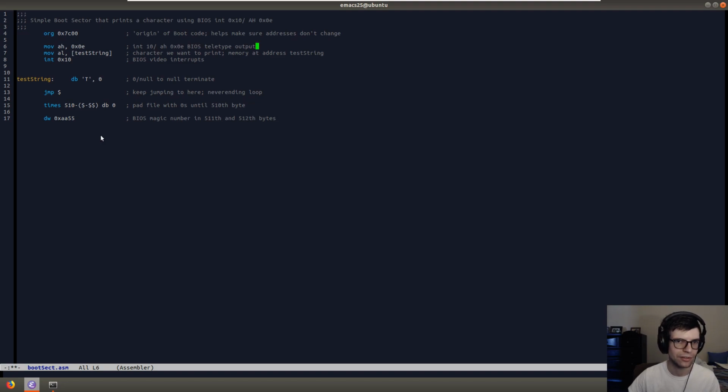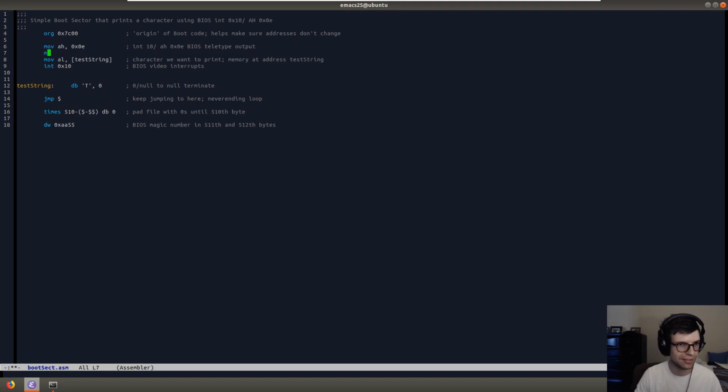So what we're going to do instead is basically do the same thing, but we're going to move the address of test string into our BX register. Now I think in Netwide Assembler you can use whatever general purpose register and it's okay, but for this we're going to use BX because that's, I think, what it's traditionally used for indexing, and flat assembler doesn't like it if you don't index with the BX register in 16-bit mode. And in 32-bit and long mode, I think you can use whatever, but for this we're going to use BX, right? That probably made no sense, but